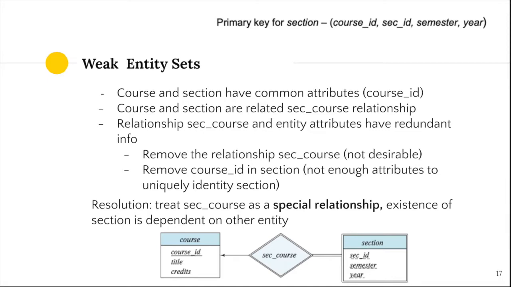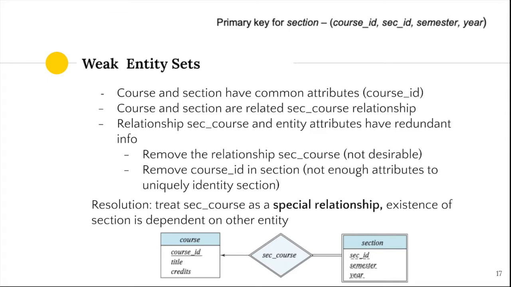So this is not desirable. Another thing that we can do is probably I can just remove the course ID and then just keep the sec course relationship. However, there's a problem with this. If this is just a regular entity, if we use the attributes of section,